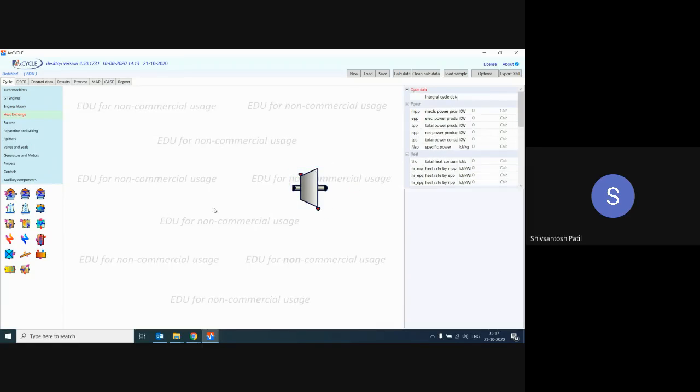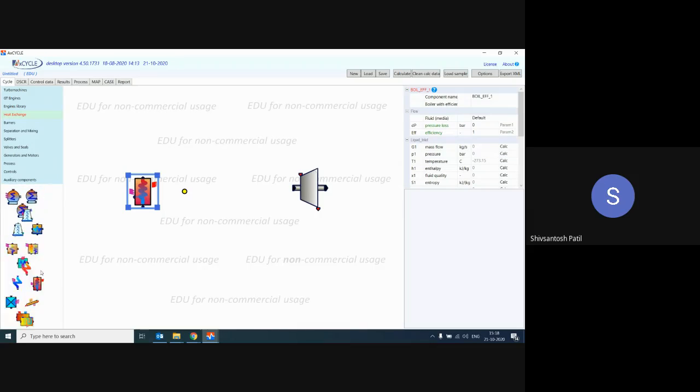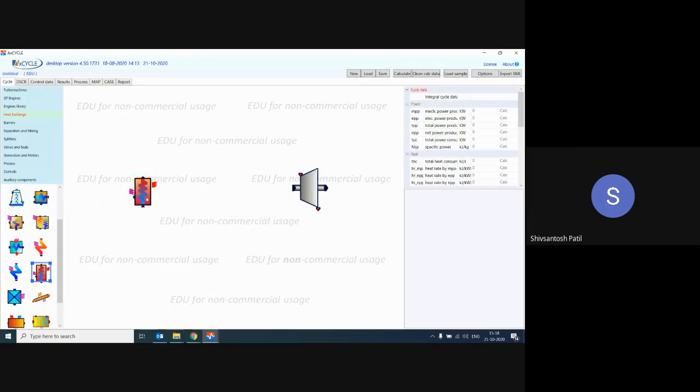So the turbine I got in the system. Now I go to the heat exchanger. I'll require a boiler. So I got a boiler. This boiler, please see this boiler. Okay, the color you can see here. This boiler you just take. After taking a boiler,